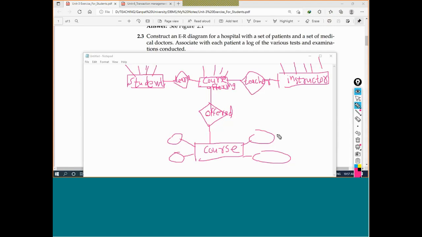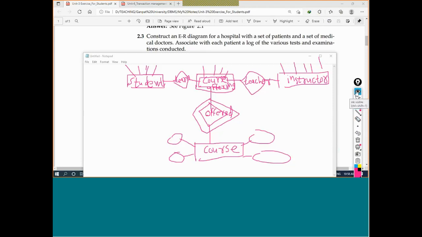Okay. Now somewhere there is a connection. Okay, one thing, this course offering is actually dependent on the course, because it is a weak entity set. So we will create it as a weak entity set, right? Because course offering depends on the course. As you can see, if the course is there, then only it will be offered. So course offering depends on the course. Okay, this is the logical thing, right? Course offering depends on the course list of the course. If the course is available, then only we can offer the course, right?